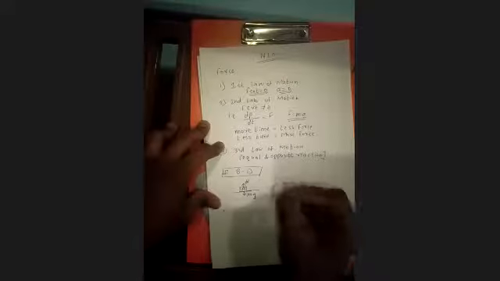For example, if we take a block M on a surface, mg will go downwards and normal force will go upwards. So the free body diagram of this system will be a dot representing the object, where N will be the normal force and mg will be downside. Here we get to know that N is equal to mg.